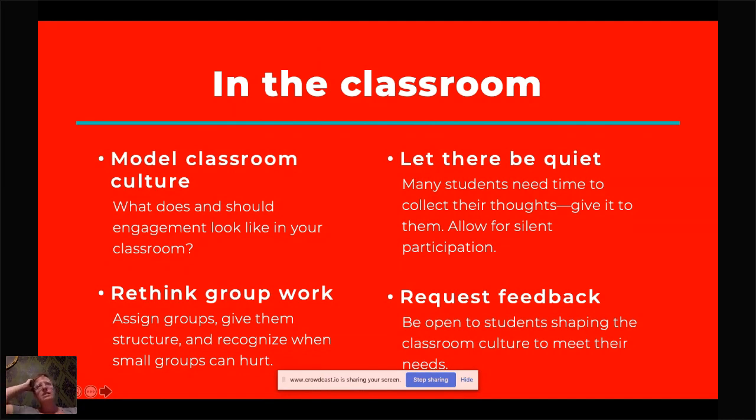And students have great ideas about this because they spend a lot more time in classrooms than we do. We go to the same two, three, four a week, but they're in a bunch of classes and they have a much better sense about what works. So students have said things like, recognize that we're all here to learn and a lot of us don't know things.